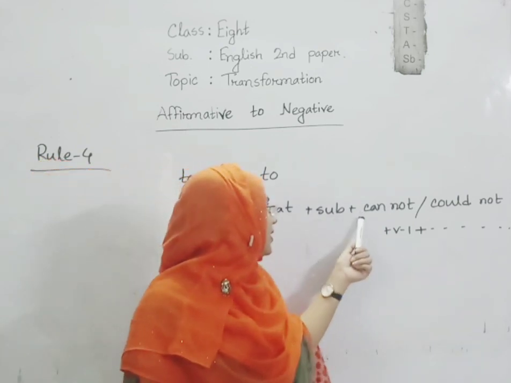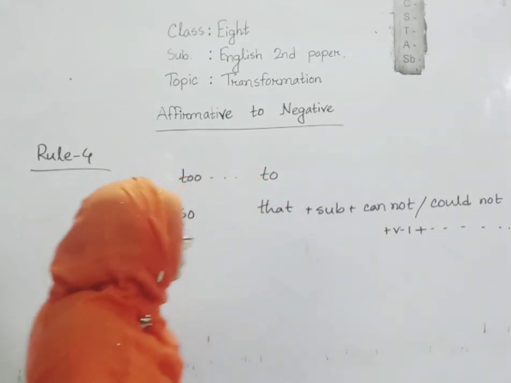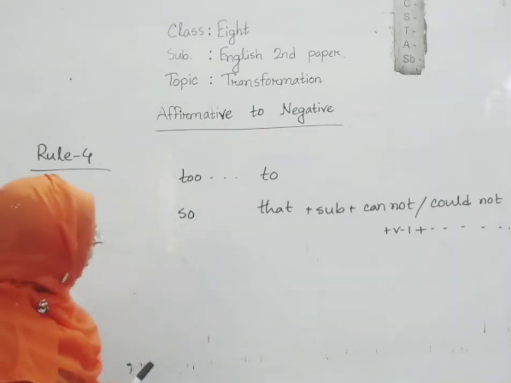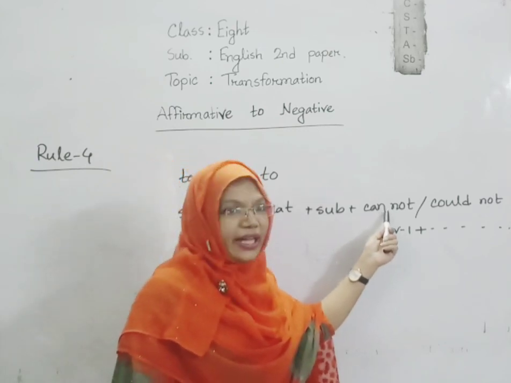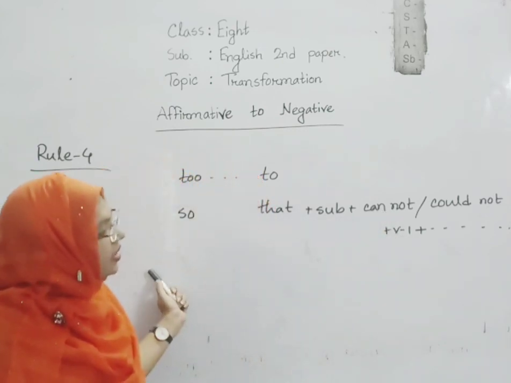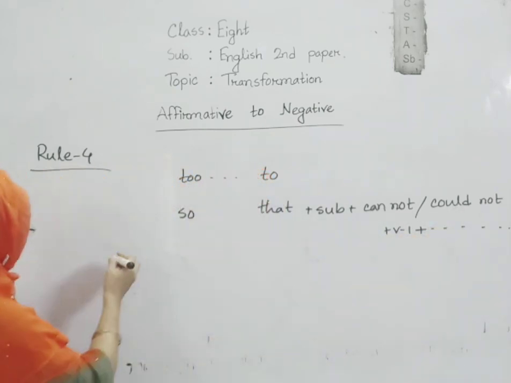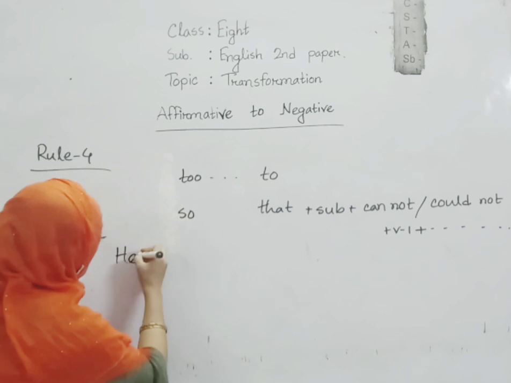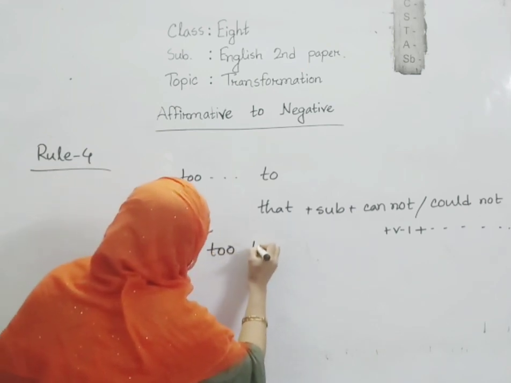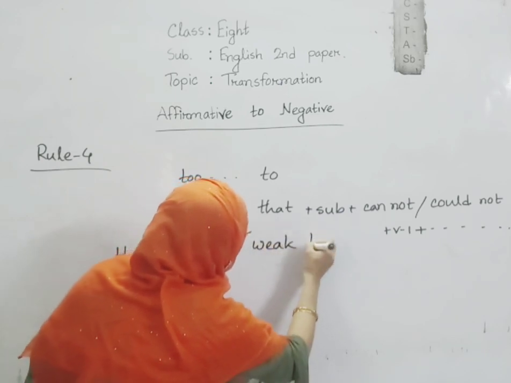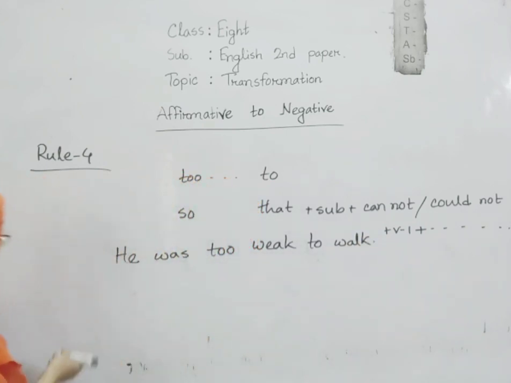And as you can see, I have written cannot or could not. So if the verb is in present form, we will write cannot. If the verb is in past form, we will write down could not. He was too weak to work. And the answer is